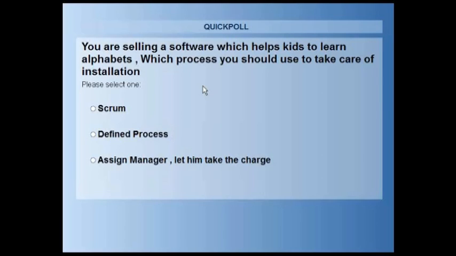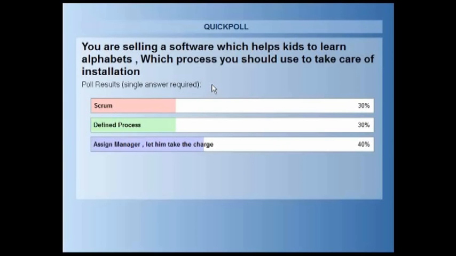Let us share the results. Okay, you are selling a software. Now, in my view, this is a clear case of defined process. See, there is no firefighting. You don't have to follow command and control here. You have been selling and installing this software for a while.